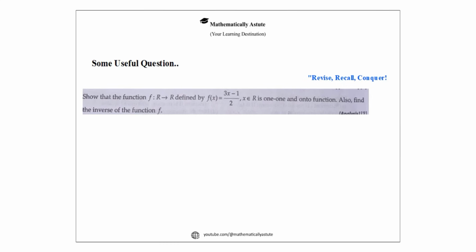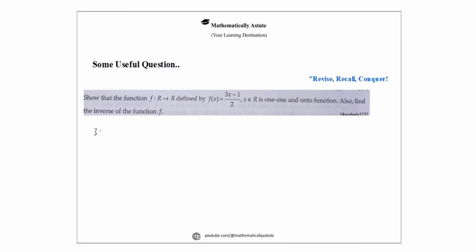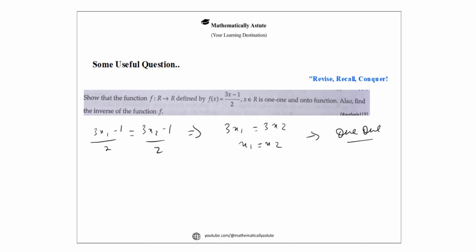For one-one we will take x1 and x2. So 3x1 minus 1 by 2 equals 3x2 minus 1 by 2. Again, if we cancel it, then 3x1 is equal to 3x2. We will get x1 equals x2. So this shows that the function is one-one, because one-one means for every different input we will get a different output. Okay. So to find whether it is an onto function, one can convert it into, let's say, y is equal to